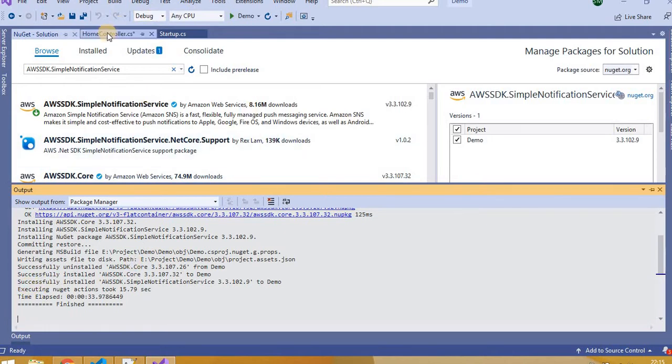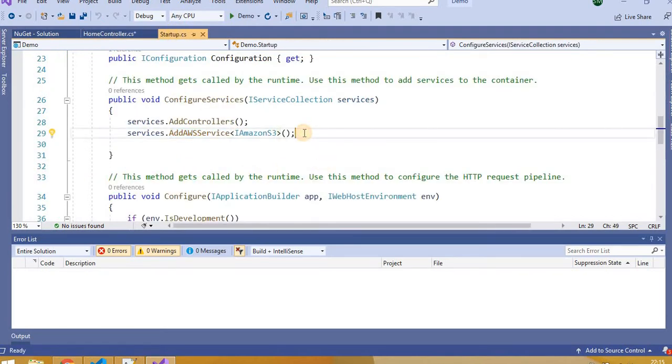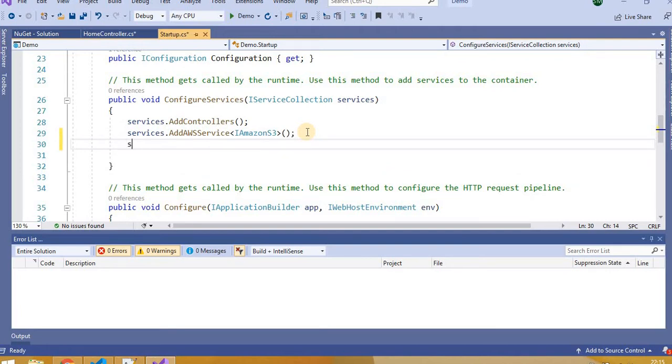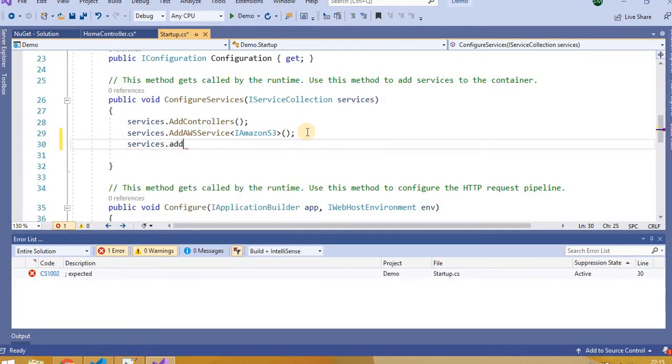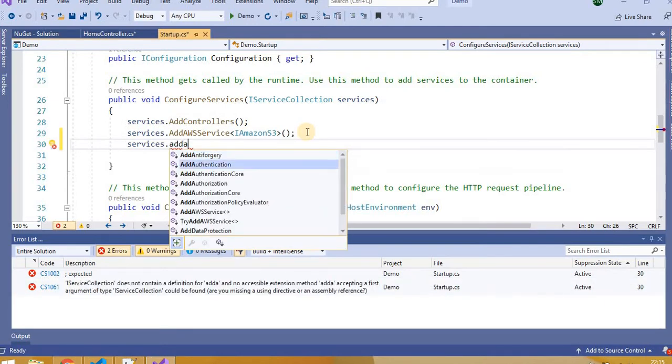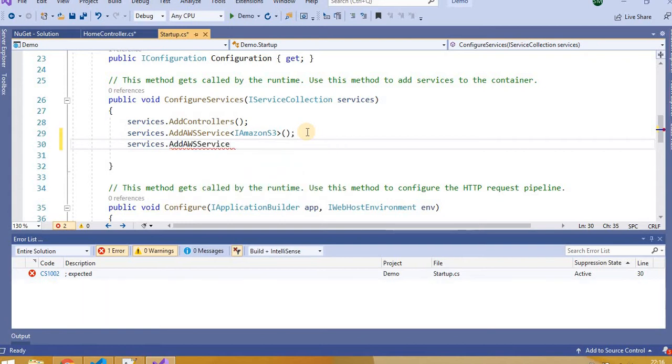Now let's click on the home controller. First of all, on the startup, we need to add that service inside ConfigureServices for dependency injection at runtime. Just add the AWS service here.